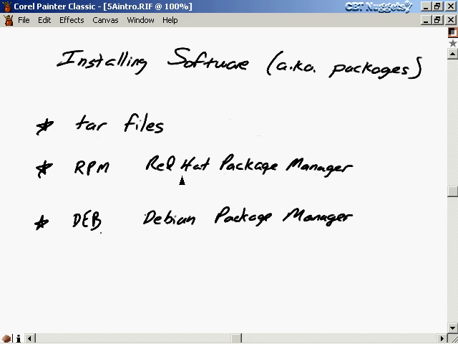Now, it might seem from the names that Red Hat Package Manager runs on Red Hat systems and Debian Package Manager runs on Debian systems, and that's certainly true. They run on the systems of their namesake. But theoretically, you should be able to run the Red Hat Package Manager on any Linux installation, and the Debian Package Manager on any Linux installation. In practice, you'll find that people don't mix and match these. They don't run the Debian Package Manager on Red Hat systems, and they don't run the Red Hat Package Manager